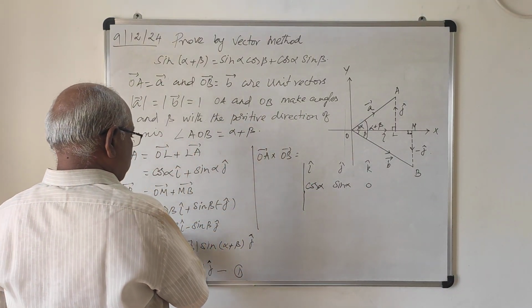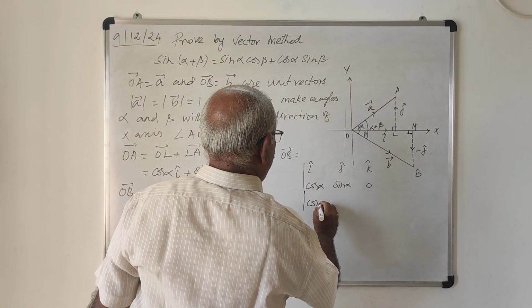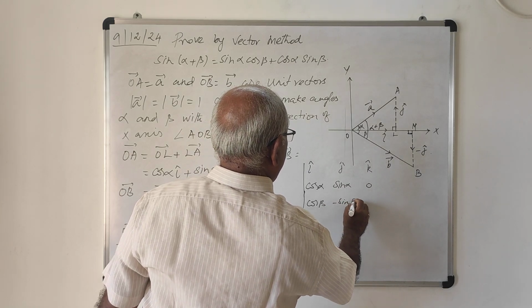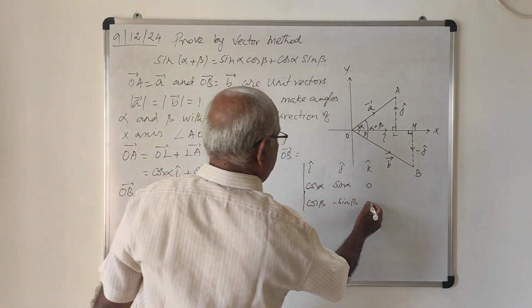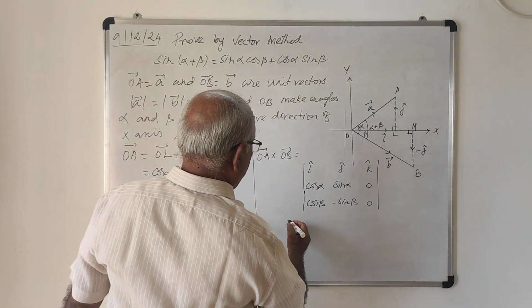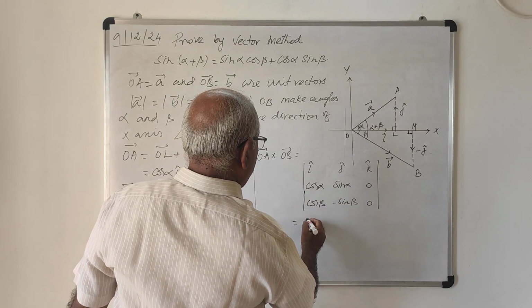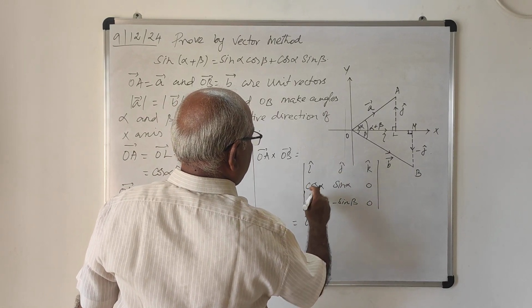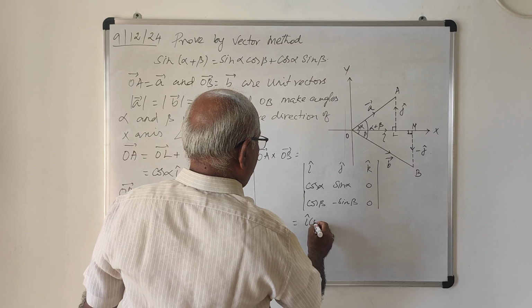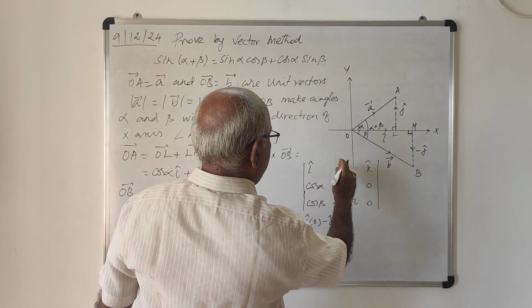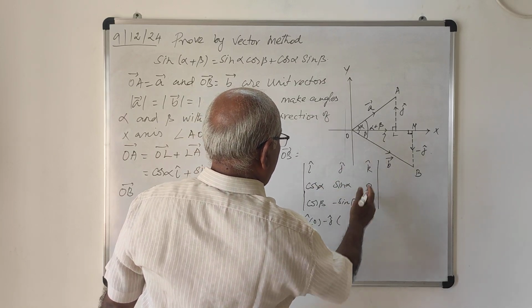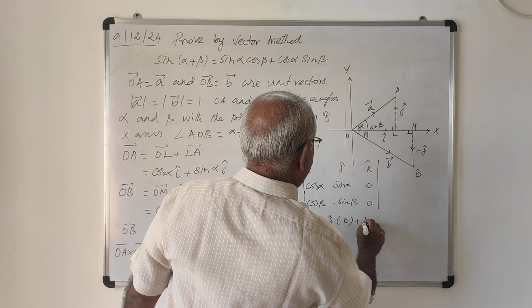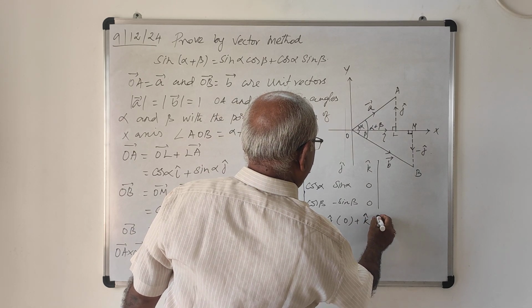Similarly, OB is cos beta, minus sin beta, no K term, 0. So expanding this determinant, you will get I vector into 0, 0, minus J vector into 0, 0, plus K vector into